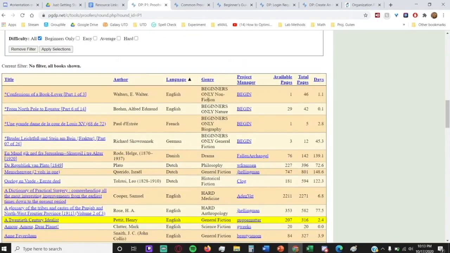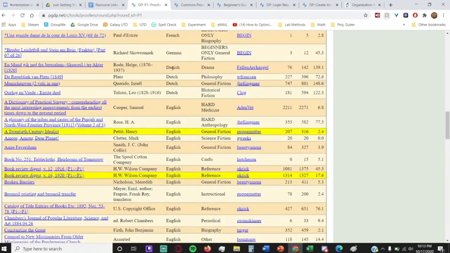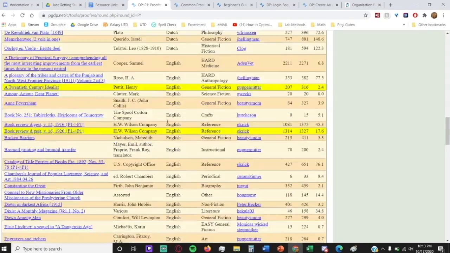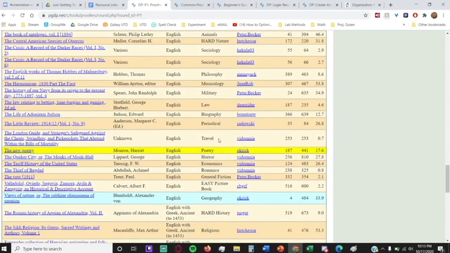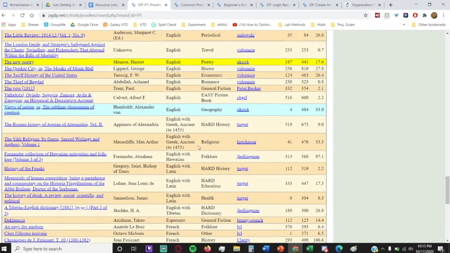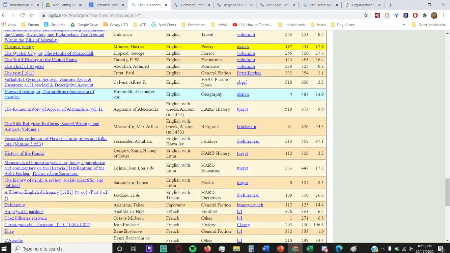On the top, we'll have the Beginners Only sections. As you scroll down, you can see a few other languages and many projects in English, as well as lots of genres, some labeled hard, some labeled easy, and the rest being medium. As you continue to scroll, some will have English transliterated with ancient Greek, Hawaiian, Latin, as well as some others,